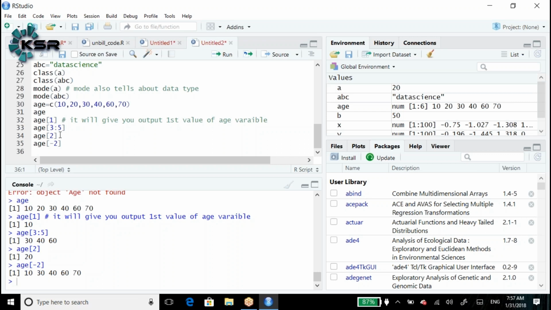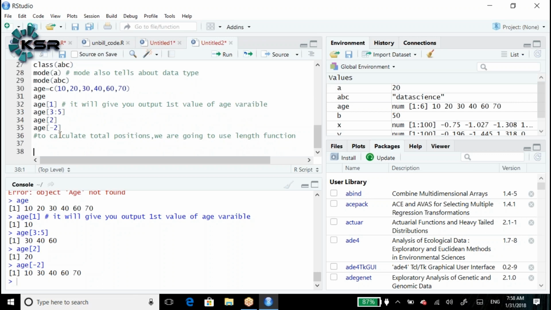To count the total positions, we are going to use the length function.